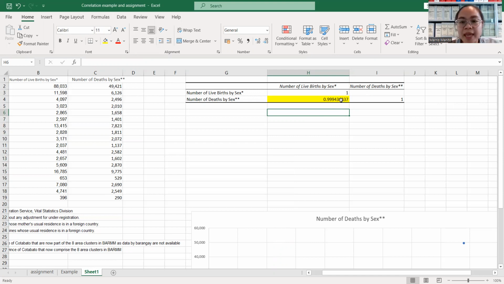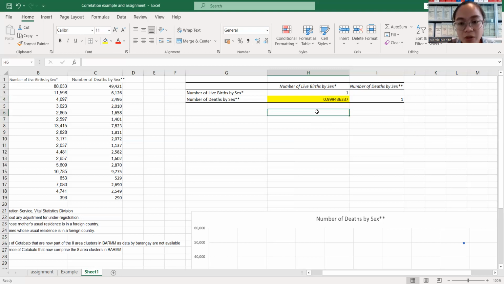Based on what we discussed before, 1 is a perfect relationship, perfect correlation, perfect association. Numbers closer to 1, like 0.6, 0.7, 0.8, 0.9, negative 0.6, negative 0.7, negative 0.8, negative 0.9, have a strong positive or negative correlation. Those that are lower, 0.1, 0.2, 0.3, 0.4, 0.5, have a correlation but it's weak.